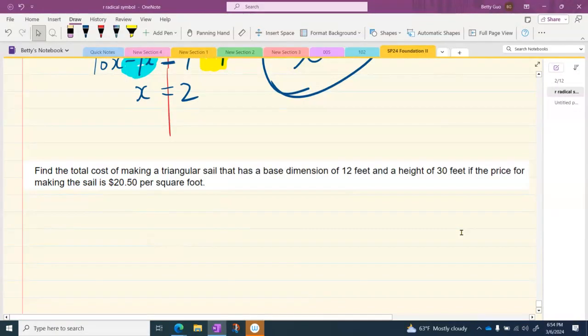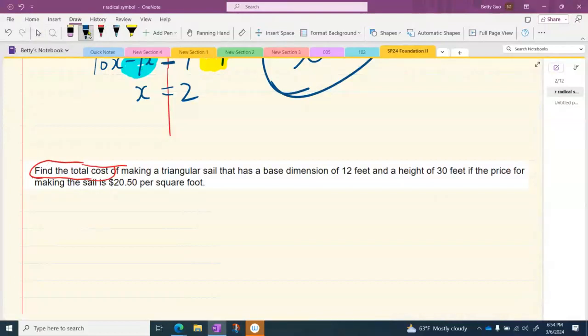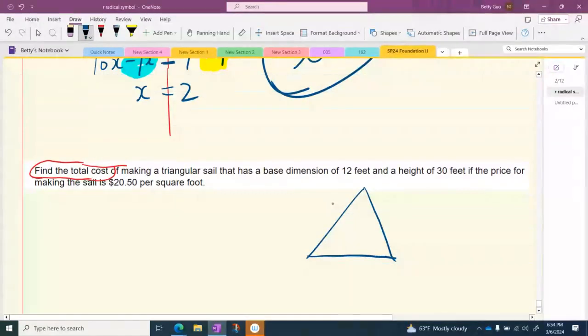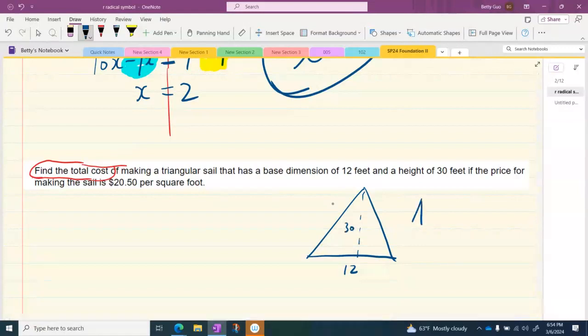Yeah, this question, the target, our goal is at the very beginning. We are looking for the total cost. And this is a pretty interesting question because it involves geometry and business, right? The sail is a triangular shape, and the base is 12, height is 30, and let's find the area